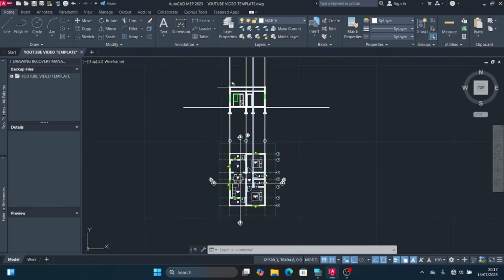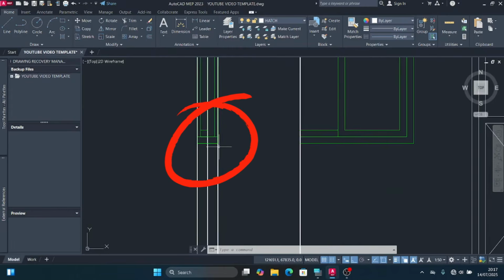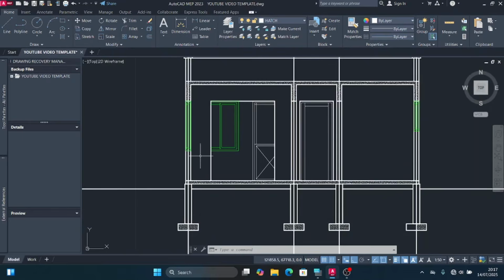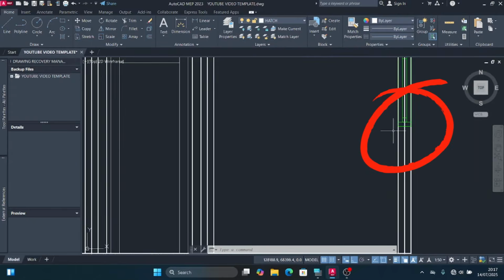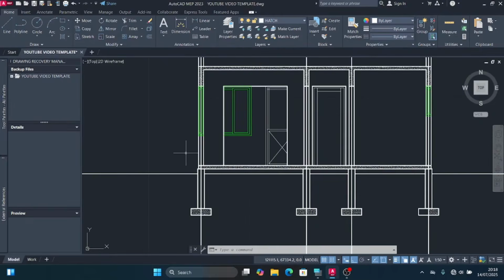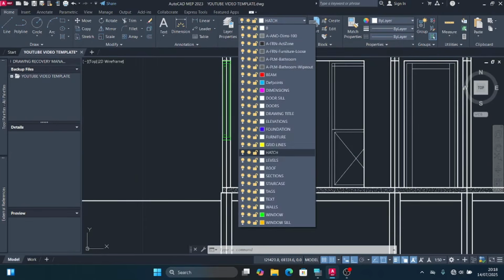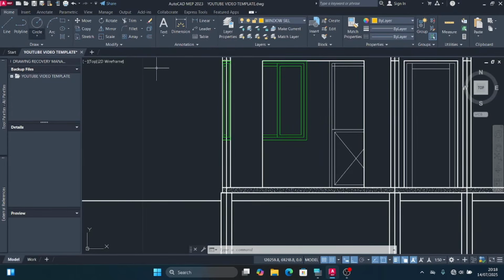So next, I'm going to put the window sills just right here, then also right here. I won't put it over here because the window sill can never be inside the building. It's ever at the exterior side of the building. Alright, so I'll click at this arrow, then I'll select the layer for window sill. I'll use the polyline command,